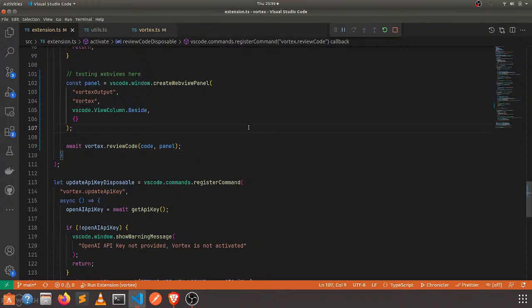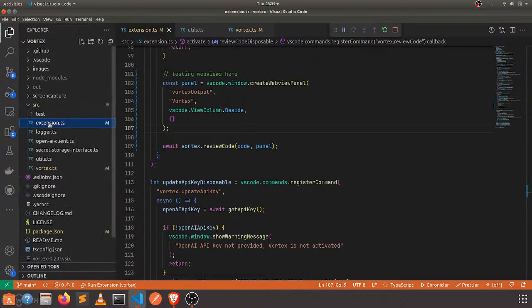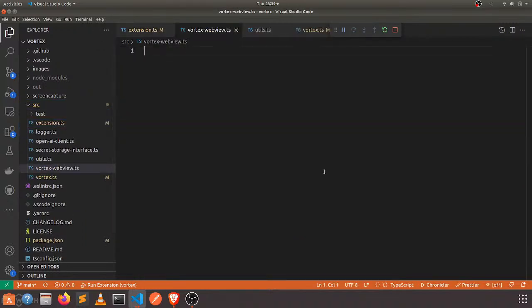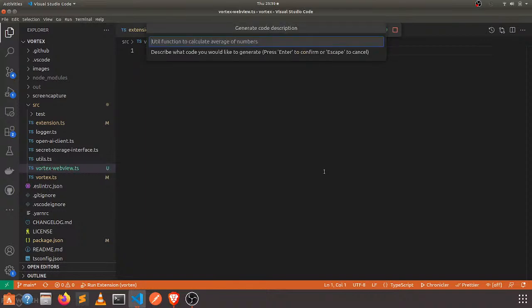So I'm just gonna, let's call this output view. For lack of a good name, I'm just gonna call this Vortex WebView or something. Singleton